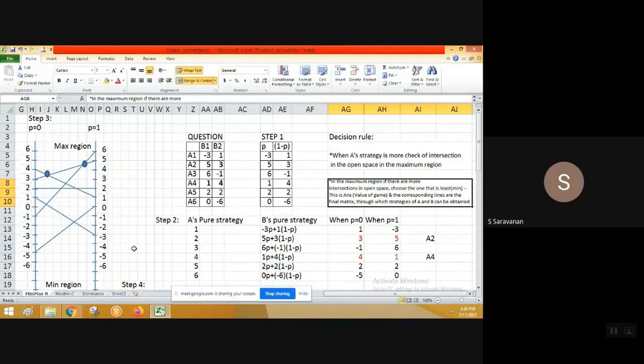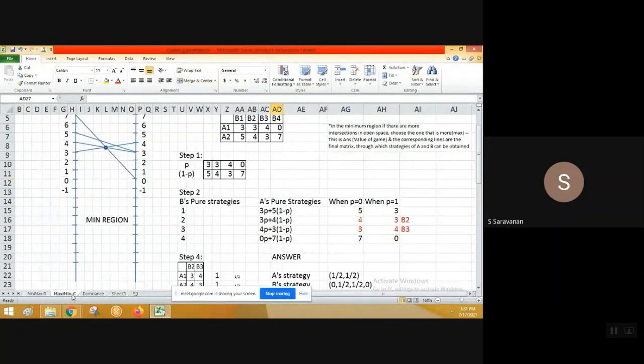You see, this kind of problem, they will not ask you what type of problem this is, but this is called a mini-max problem. I'm just saying that another way of expressing this is called a mini-max, because in the maximum region, I have identified the minimum. So this is called a mini-max. They may not be asking in that way, they may not be questioning so directly. So I will go for the next problem.